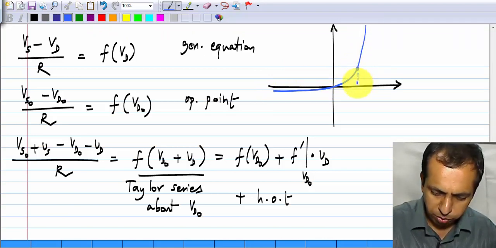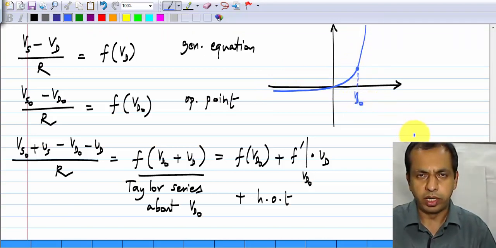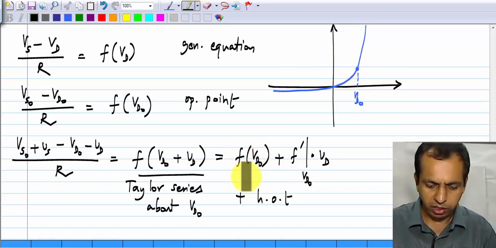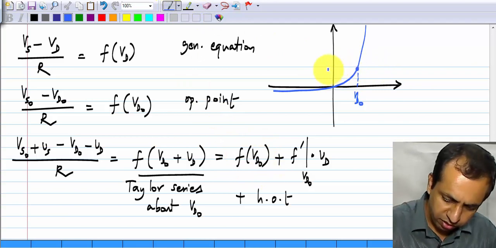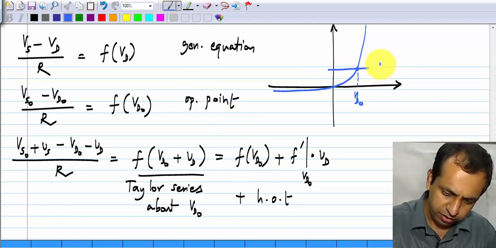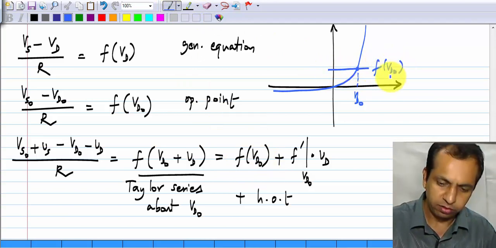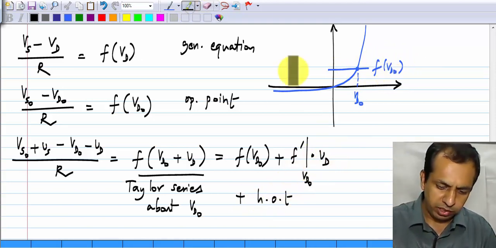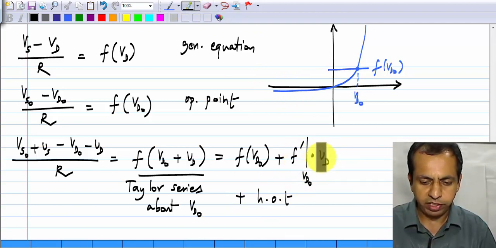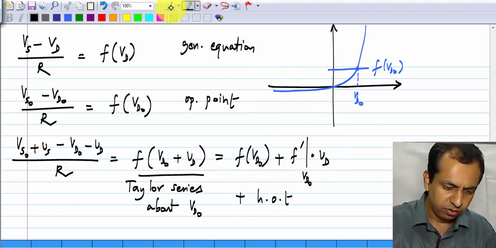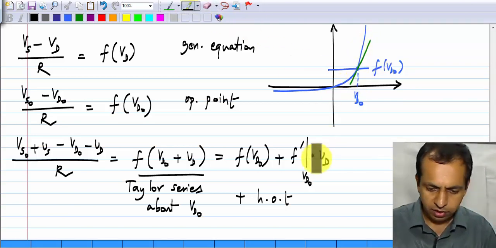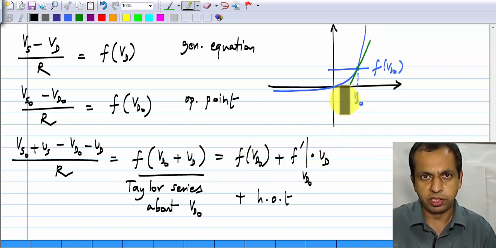So, let us say this is the operating point Vd0. The very first term here, f of Vd0, is nothing but this part. The second term means a linear dependence on Vd, or increment over Vd0. The sum of these two terms corresponds to this straight line, and then you can